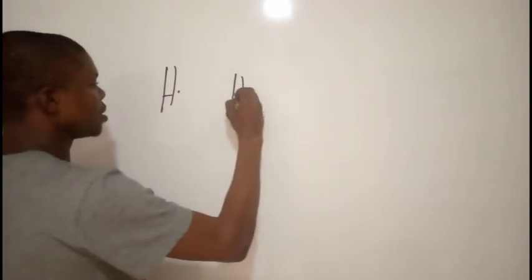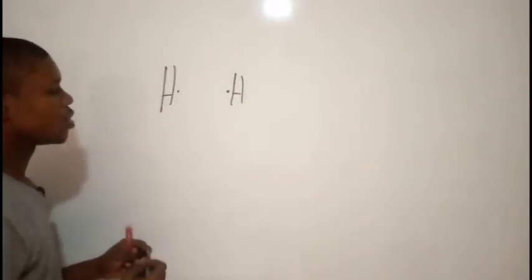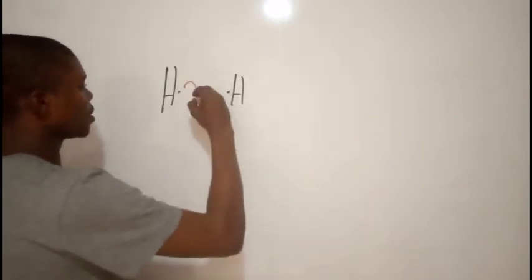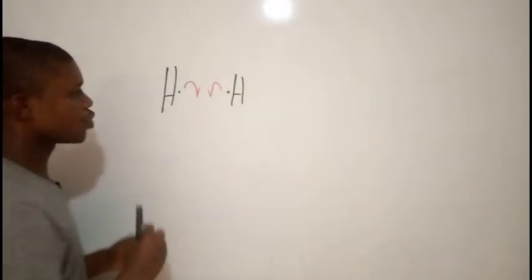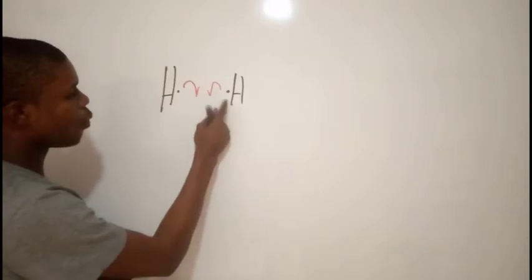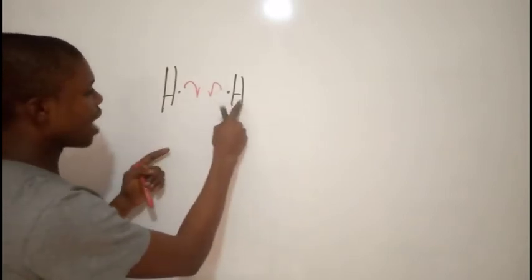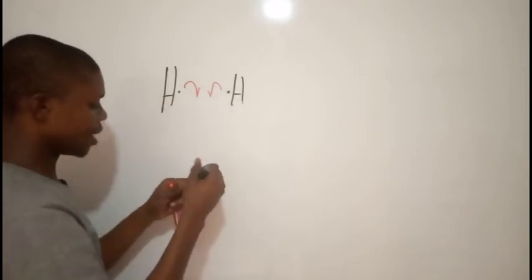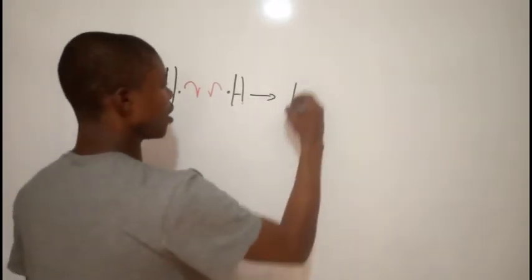sharing of electrons. So now let me just say, for example, here we have hydrogen and here we have hydrogen. So hydrogen and hydrogen can combine together, right? When they combine together, it involves sharing of the electron. So a bond is actually formed when one atom forms a bond with the other atom by sharing of the electron. So when this happens, here we are going to have